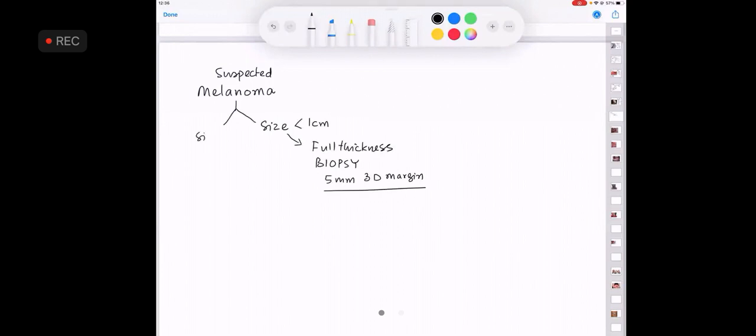If the size is greater than 1 centimeter, take an edge biopsy. By this time, I hope you know what is edge biopsy. After this, when you have confirmed that this is a melanoma,